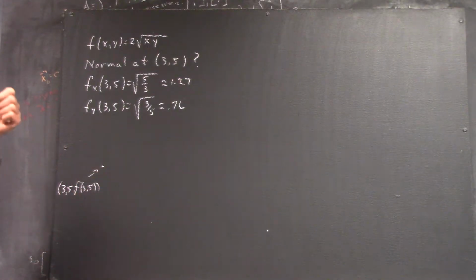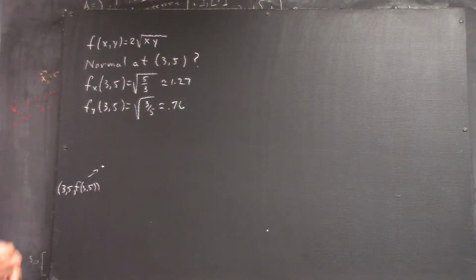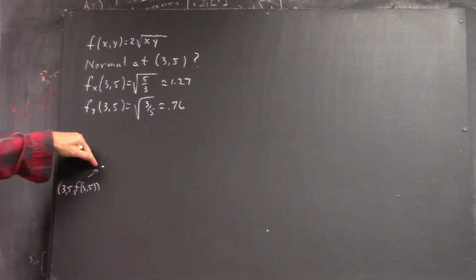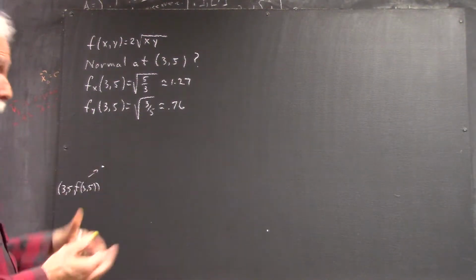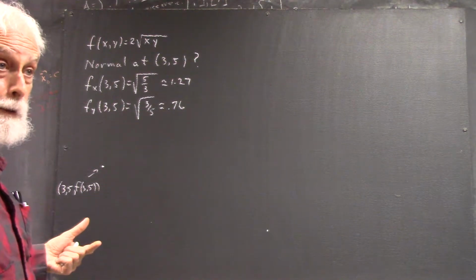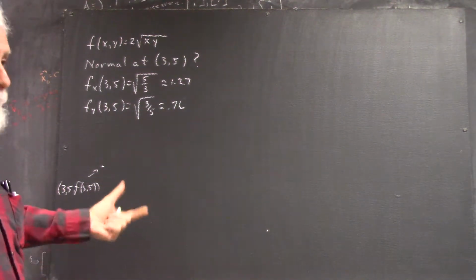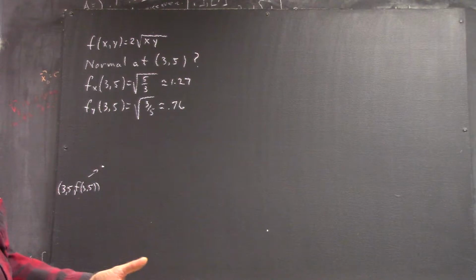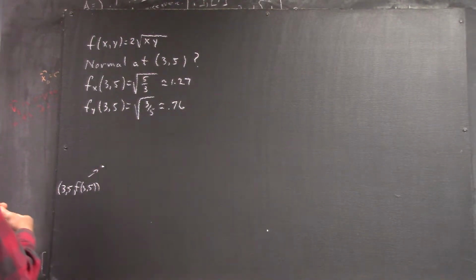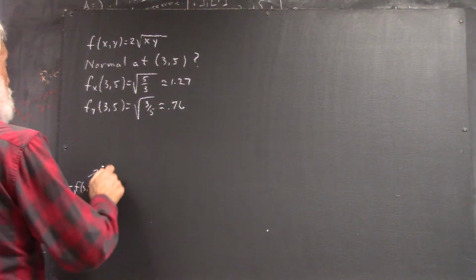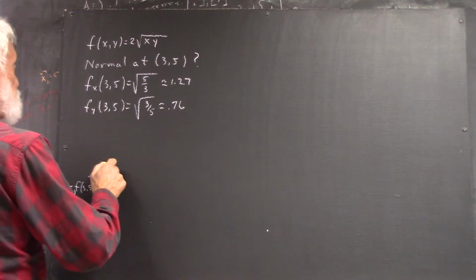All we want is a normal vector. Now, if we want to find the tangent plane, then we're going to use these coordinates with that normal vector, and we're going to get the equation of our tangent plane, right? Then we know how to get the equation of a tangent plane given a point and a normal vector. Okay, so what we know is that